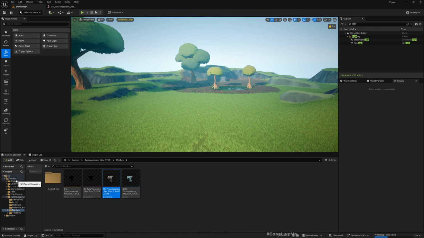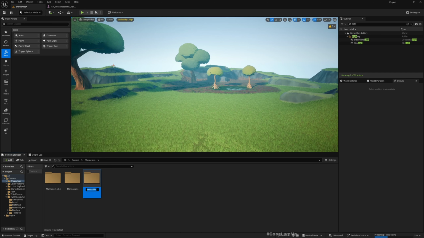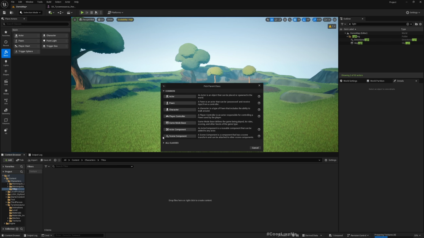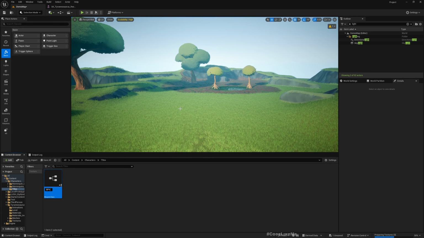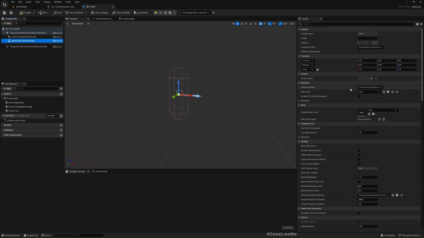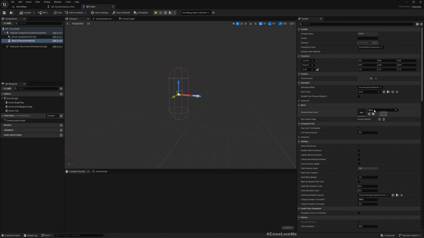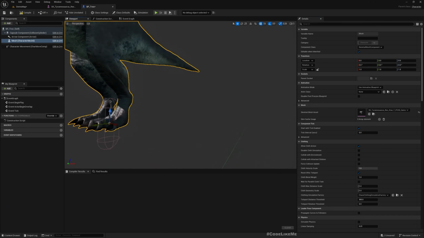Alright, so under characters, let's create a new folder, T-Rex. Let's just set up a simple character. We could use a font as well, but maybe let's get started with the character. Later on, if we need, we can change. Okay, so here we already have the mesh, and I'll assign this character mesh T-Rex,